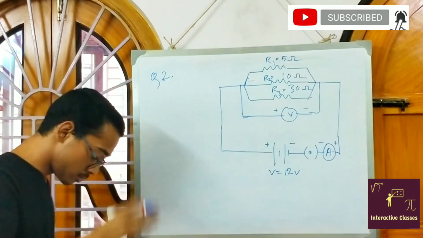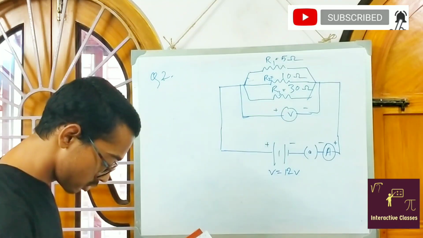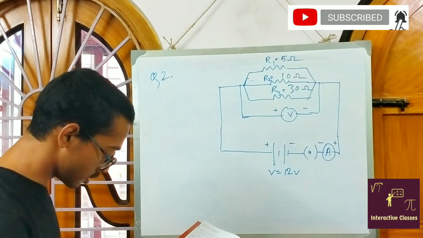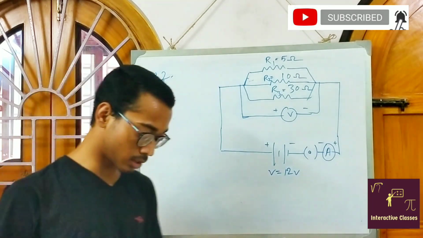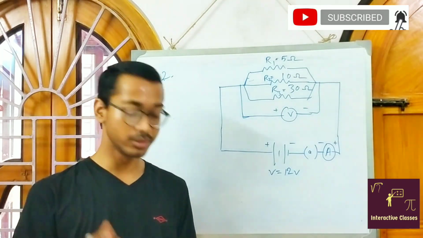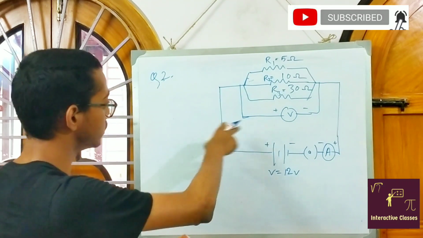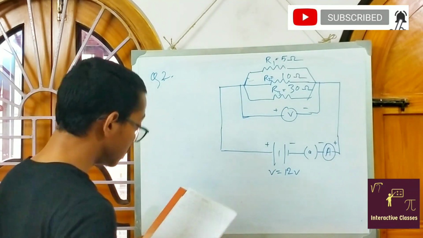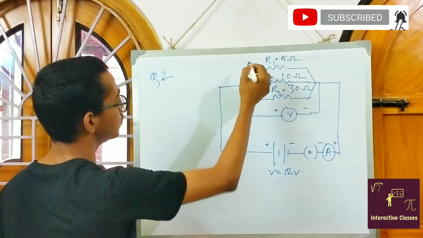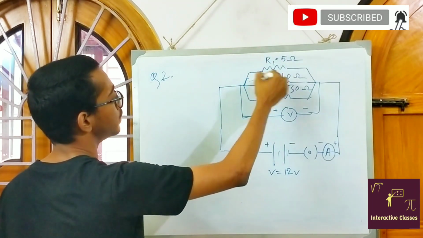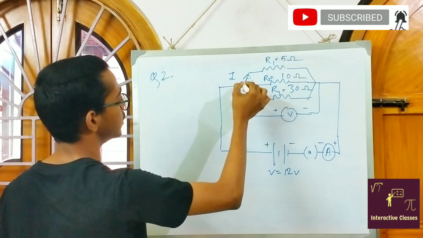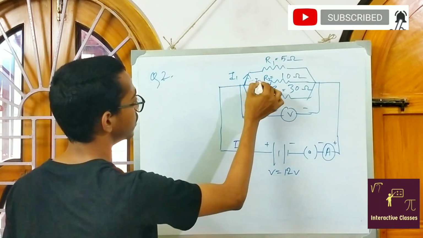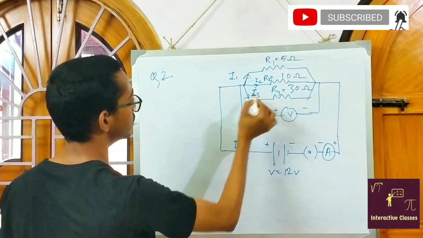So what has been asked? It has been asked: what is the current through each resistance? The second part is the total current in the circuit. The third part is the total resistance, which means the equivalent resistance, as we have done. So, the current through each resistance. As I have told you, in parallel combination, the current gets divided. That means if I is flowing, the current gets divided into I1, I2, I3.